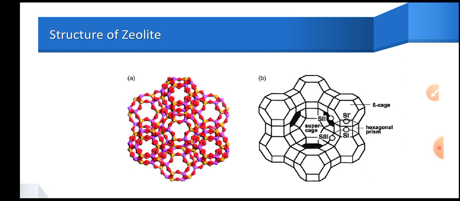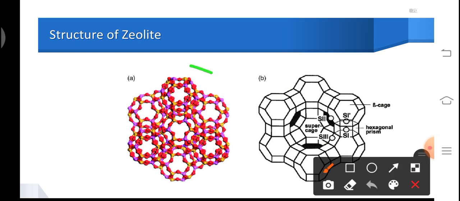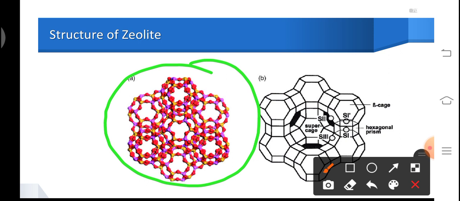A zeolite crystal can be considered to result from the linking of several SiO4 tetrahedrons. So here you can see that several tetrahedra are linked together to form a zeolite crystal, and a number of crystals are joined together to form a polymer sheet. So in the zeolite crystal, SiO4 units are linked together by oxygen atoms. In each tetrahedron, each oxygen is shared with an adjacent one.